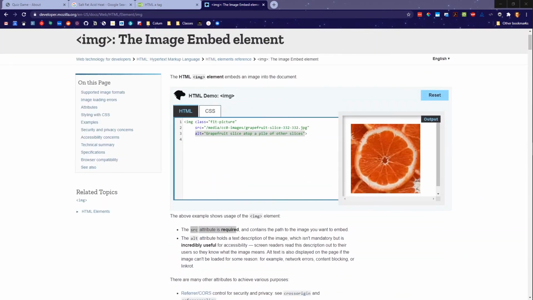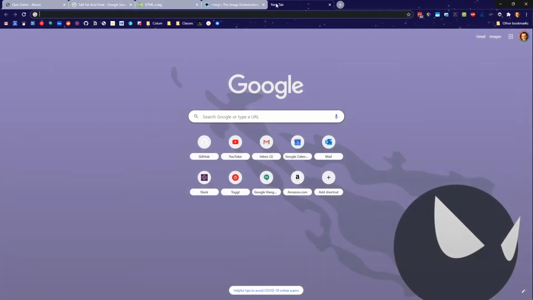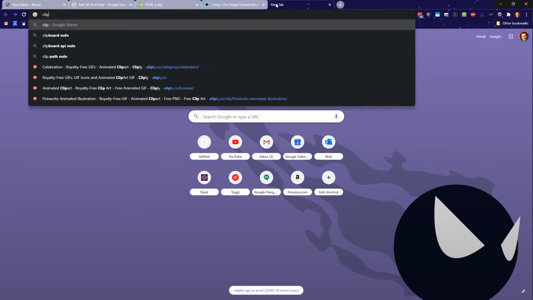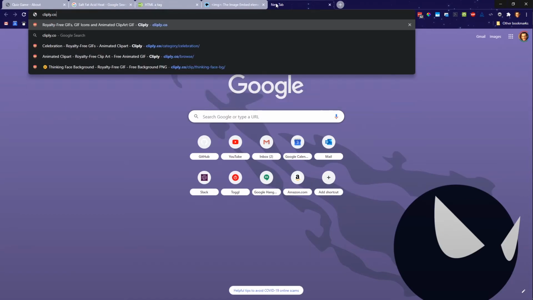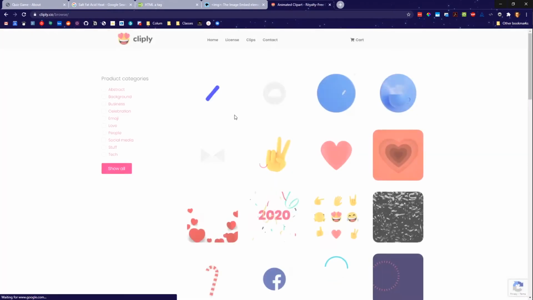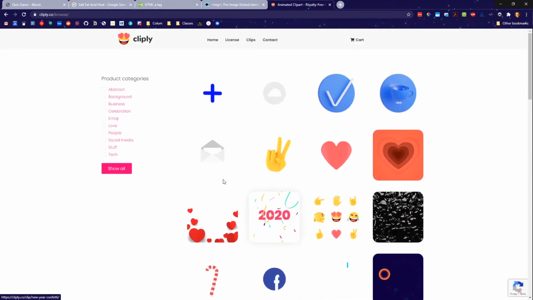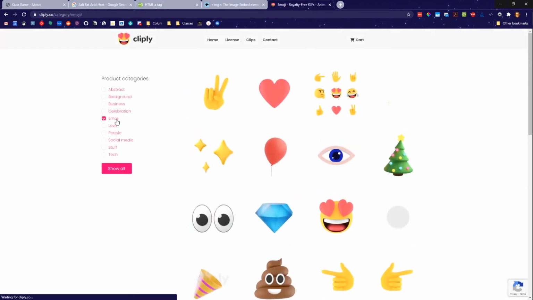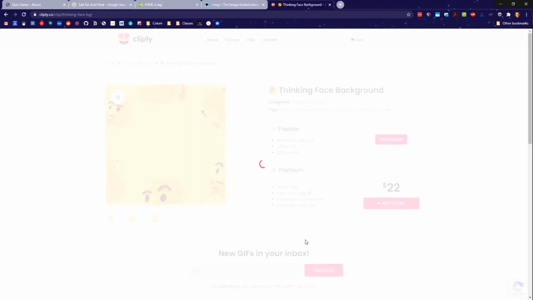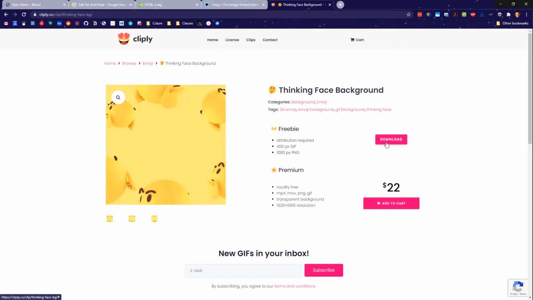I am going to go to a website with some public domain or royalty-free images that I can download. You can grab an image from anywhere if you have one on your computer that you want to put in your website, or you want to go to Giphy and grab a GIF. Go for it. So I'm going to go to cliply.co/browse. And let's see what we got. Since we're making a quiz game, maybe this one is a good one with a bunch of thinking faces. I'm going to go ahead and download it